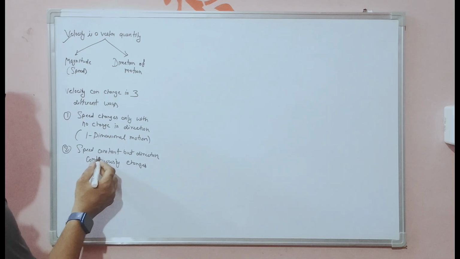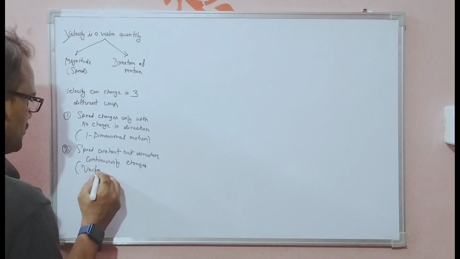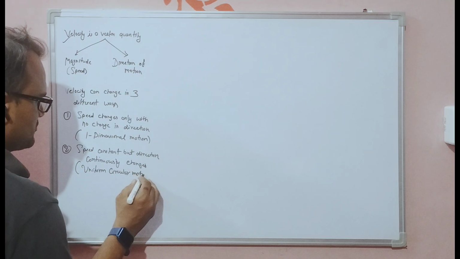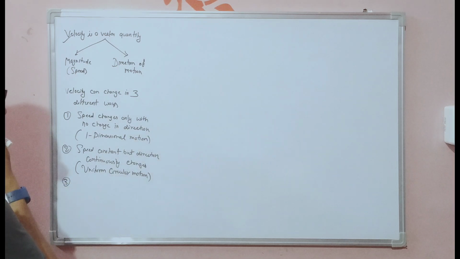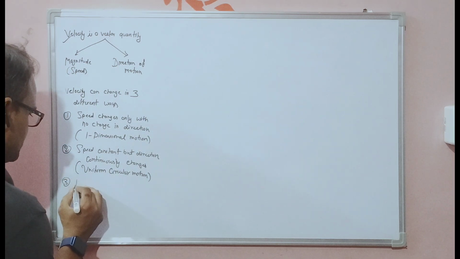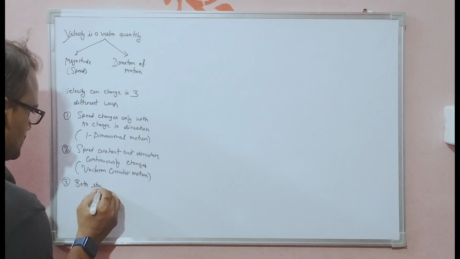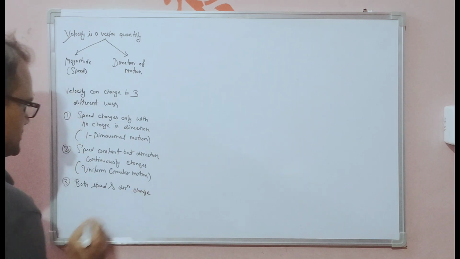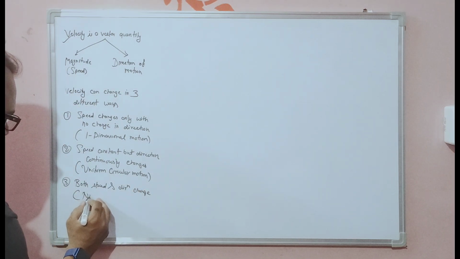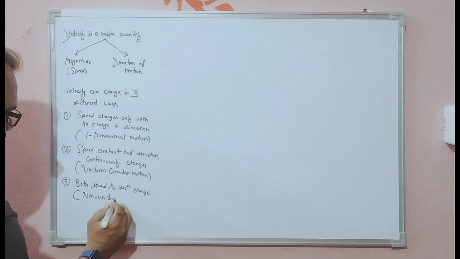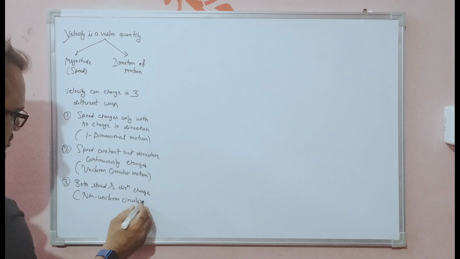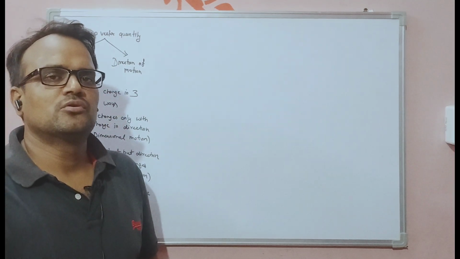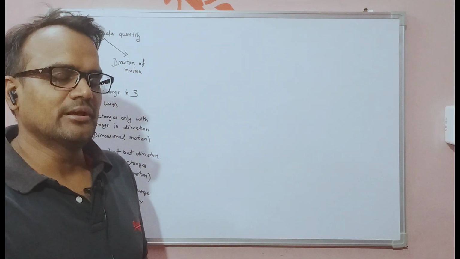In this case we will study uniform circular motion. And case number three, when both the parameters change, both speed and direction change. In this case we will study non-uniform circular motion. Okay, so in later videos we will be discussing each and every case in detail, but in this video